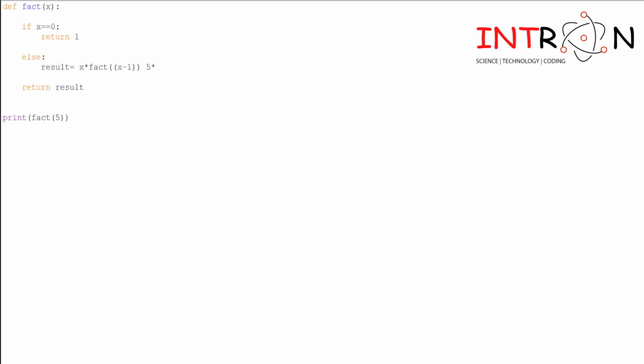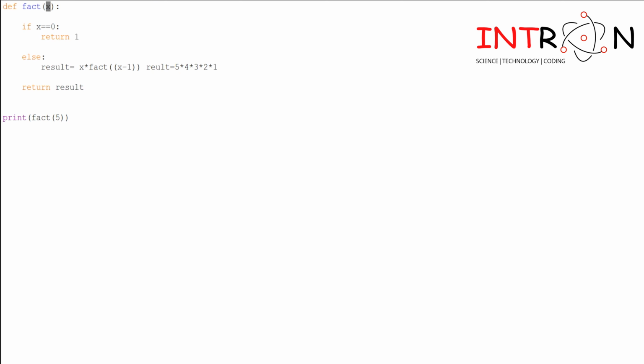First of all, this 5 will be stored in the result, 5 into 4, then fact of x minus 1, that is 4 minus 1, will become 3. Then again 3 will come here, into 3, similar in the case of into 2, into 1, and after that we have got x as 1. After that, fact of 1 minus 1, that is 0.